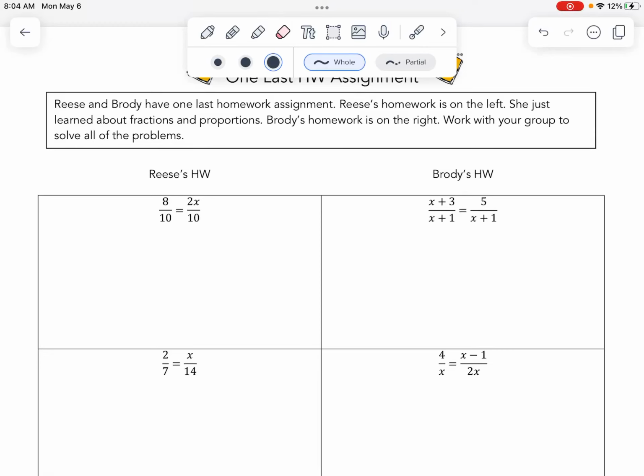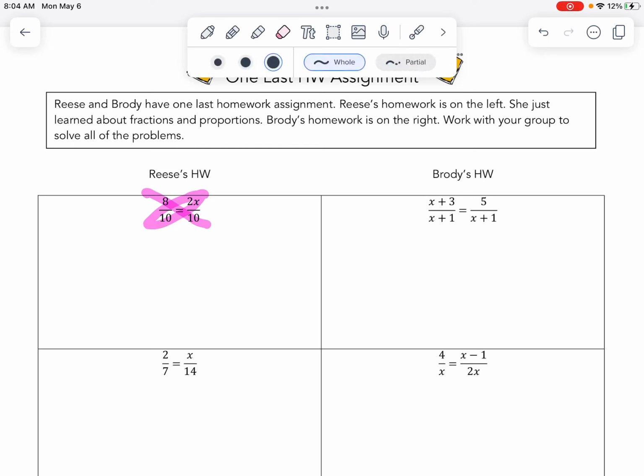Hey there, friends. Want to go over today's in-class work and show you some different things to look out for while you're solving proportions. So this first problem you may have solved by doing the butterfly method, going across here and then here to multiply. But what I want, and that's totally fine to do that, but I want you to recognize is that you